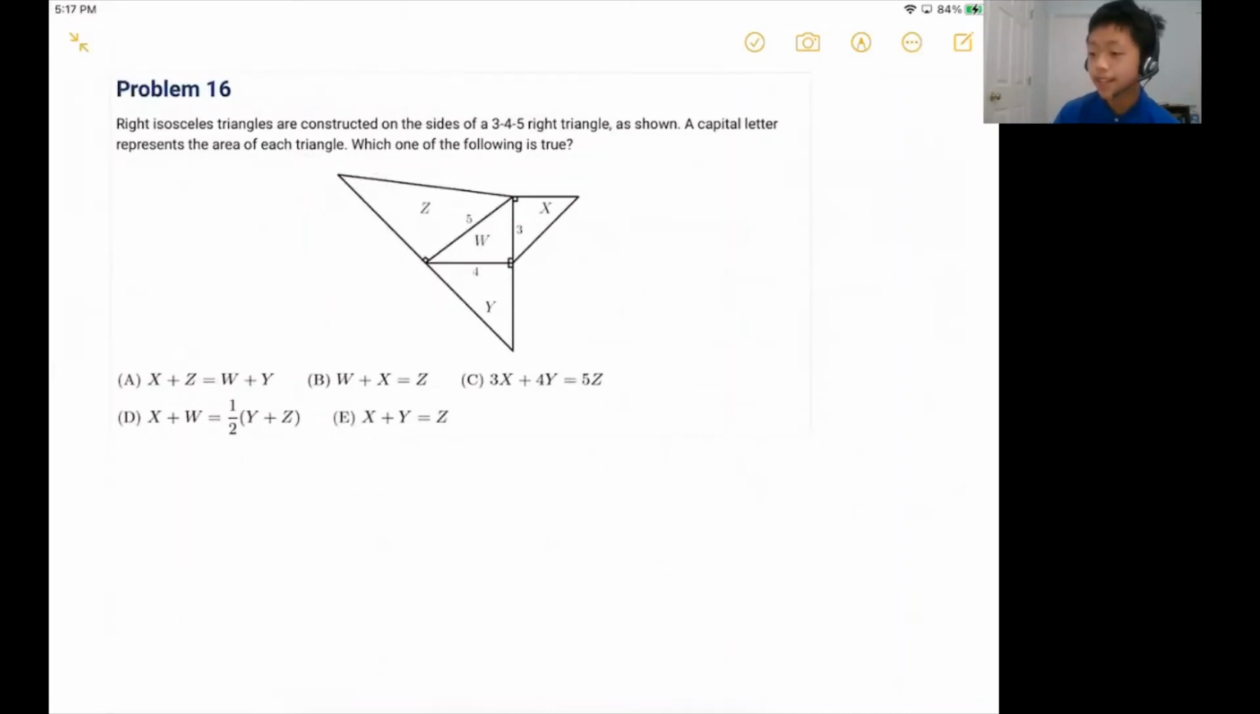So we have right isosceles triangles that are constructed on the sides of a 3, 4, 5 triangle as shown. And the capital letter represents the area of each triangle, and we want to know which of the following is true. So I guess one of the most straightforward ways to do this is just to find the area of each